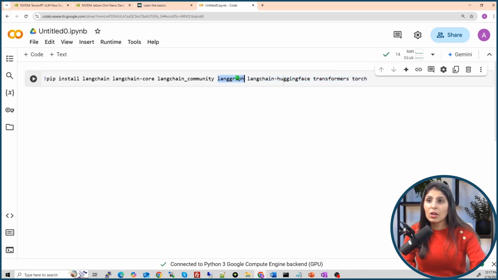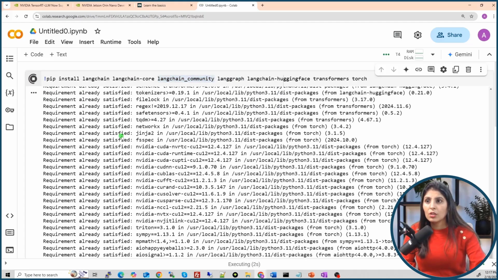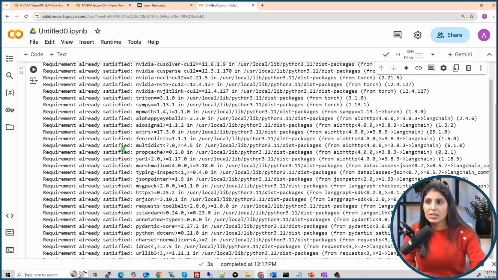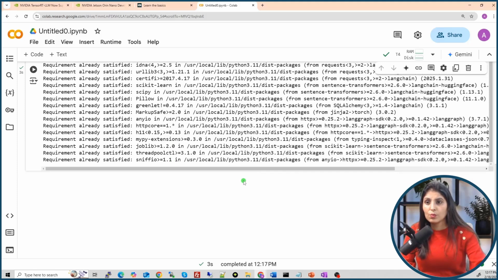We are installing LangGraph because we want to use LangGraph to build our today's application, and LangGraph is built on LangChain, so that's why we need these three modules. So run it and install all these requirements. So in my case, I have already installed the requirement, so that's why you are seeing this requirement already satisfied. Now let's move to the next cell.